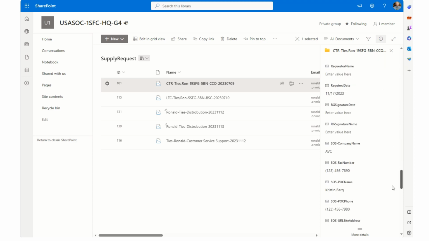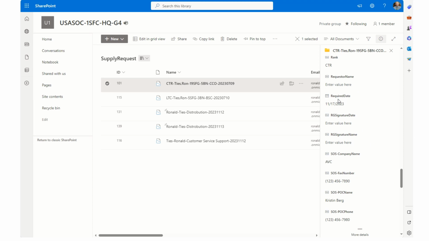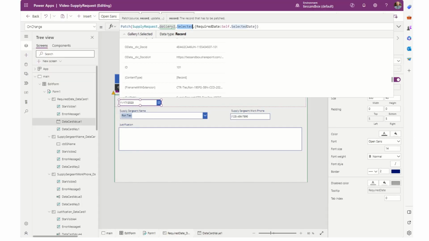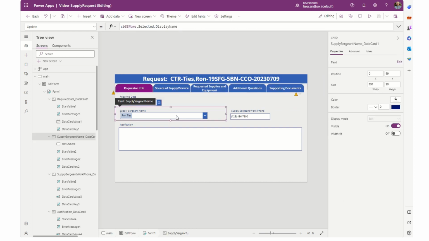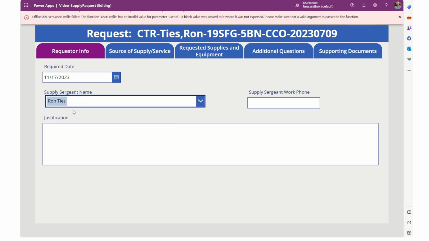Now if we come down to the required date, you'll see it has 11/17/2023 in there, like it's supposed to. Alright, so let's go ahead and play with this. Okay, it did this because I blanked it out. But